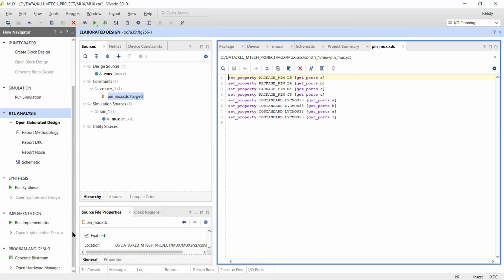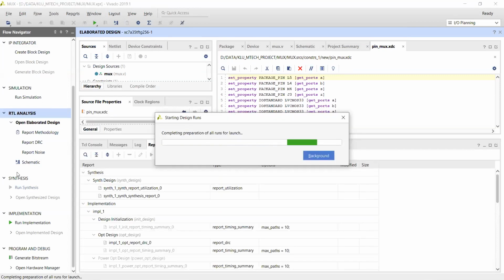So now going to the next step, which is run synthesis. Click on run synthesis in the Flow Navigator window. So you can easily identify the technology schematic.